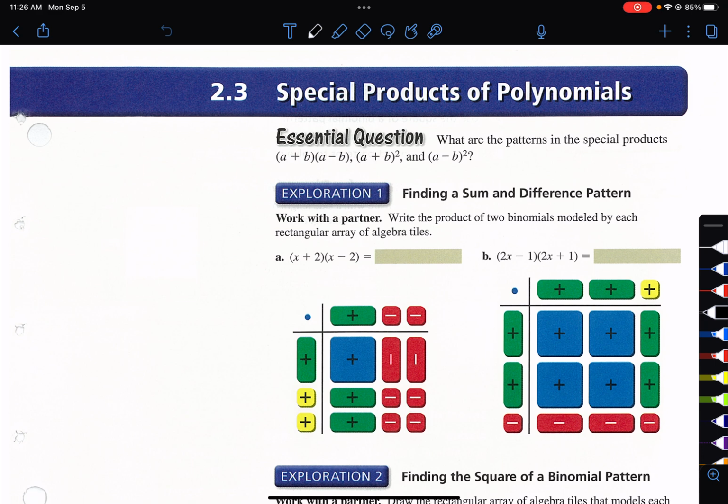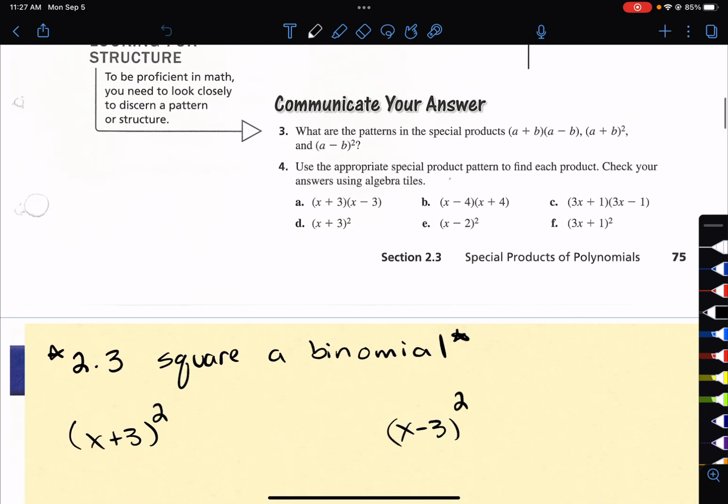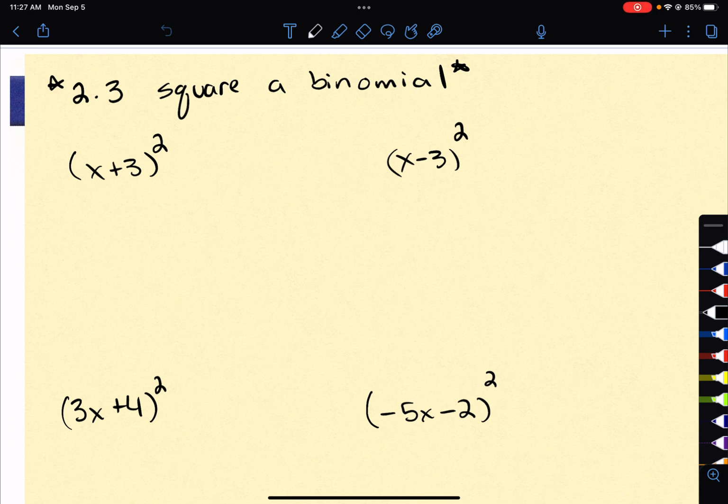the test. The nice thing about the shortcut is if you can start to see a pattern, you can use that pattern to do your work faster. But the pattern is not required, all right? So I'm going to show you some patterns. We're going to start with squaring a binomial. So in your notebook, go ahead and write down square a binomial. And I'm going to do a couple of these for you. And you're going to start to see a pattern